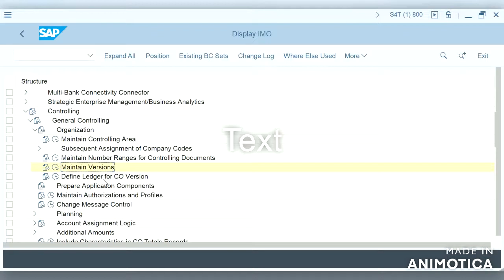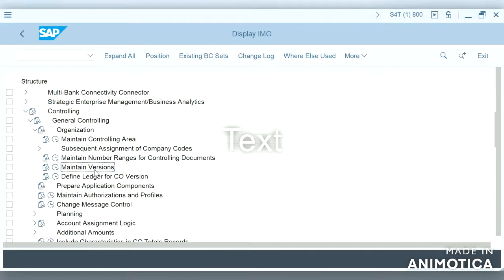But in S4HANA, even we can specify from which ledger the postings need to be transferred to controlling. So as we have different ledgers in FI, we also have different versions in CO. Just as we created version 0, we have seen there are many different versions.